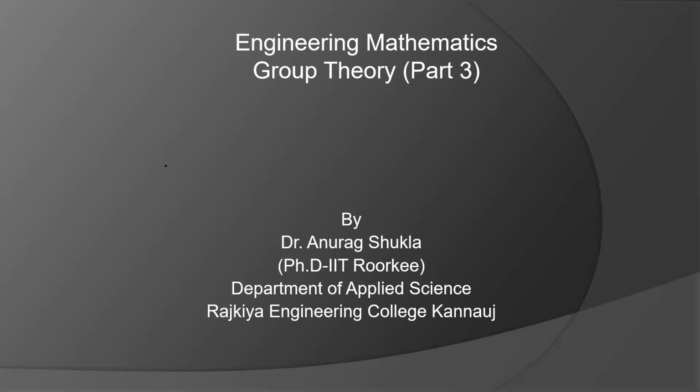In Part 1 and Part 2, we have already covered what is binary operation, algebraic structure, group, and in Part 2, we saw some important types of group such as addition modulo M, multiplication modulo P. We also saw some examples on finite group to prove the group using the composition table. So today we will see what is a subgroup and order of a group and order of an element in a group. So before starting the lecture, let's see a very important group that is called UN.